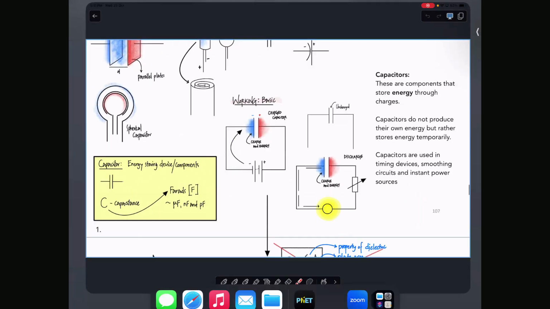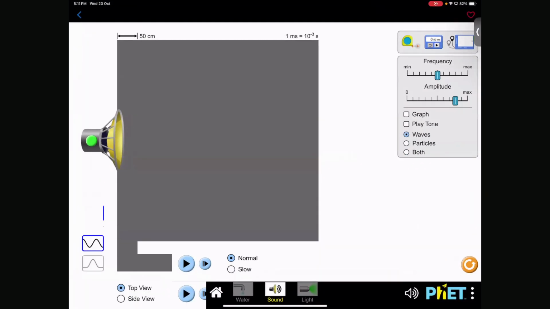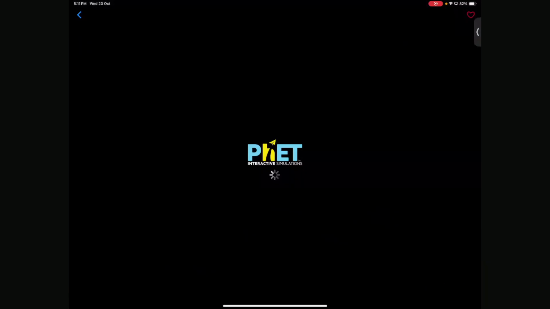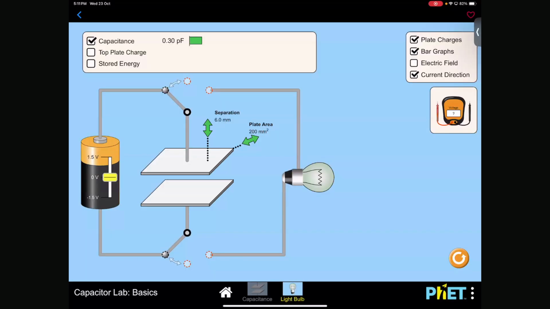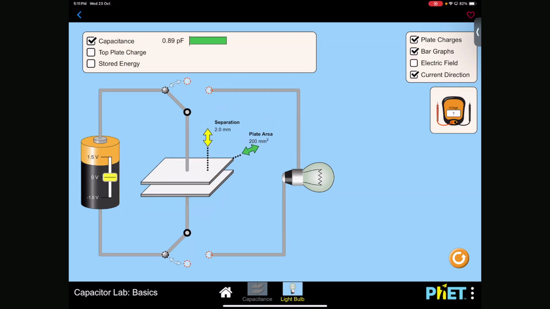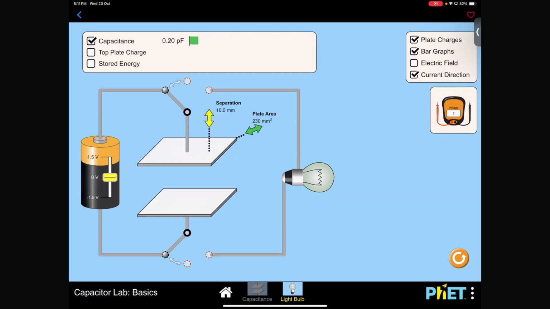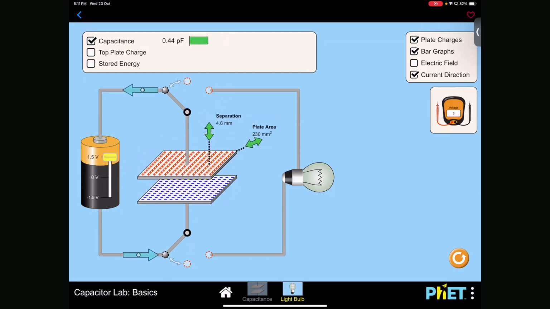Okay, so I'll show you an animation. This one makes capacitors much easier to understand. So here, see what I'm going to do with a capacitor right now. On the left hand side, I have a battery. On the right hand side, I have a bulb. I have plates like this, which I can move. I have plates that I can make bigger and smaller, right? So I'll bring the plates like this, and I'll turn on the battery.